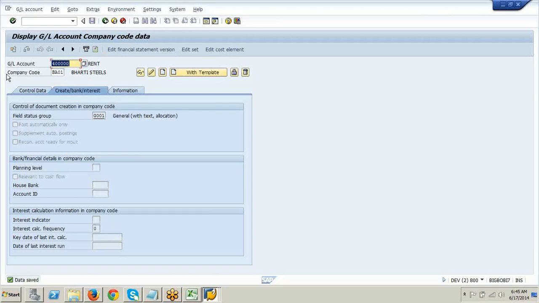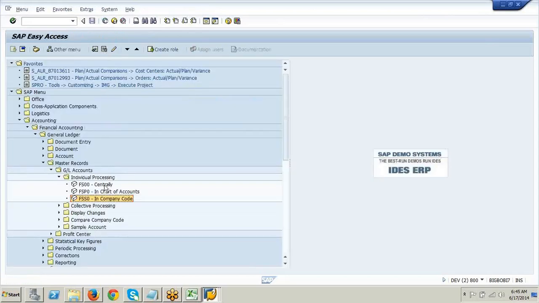No. This is master data. We are not posting transaction data. I created that same GL account at chart of account level, and I've extended it to the company code level. I expect you guys to at least spend some time on the system. The basic settings, if you are not clear, you cannot move forward. Spend some time on the system.